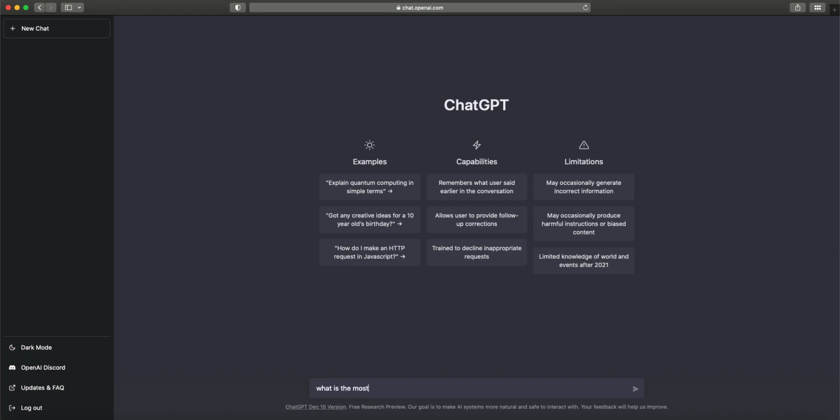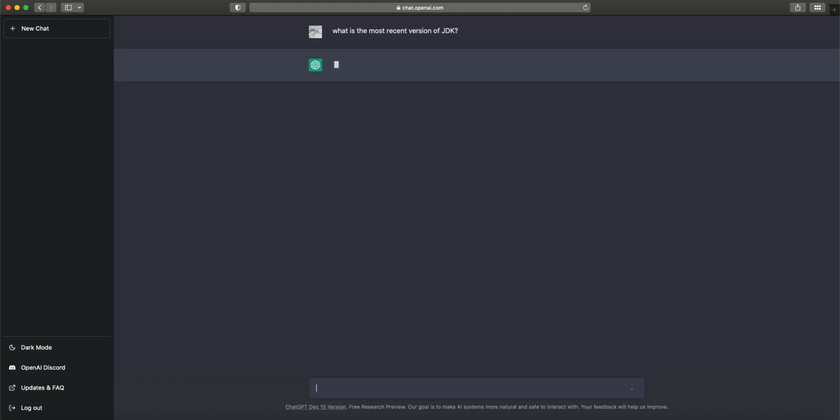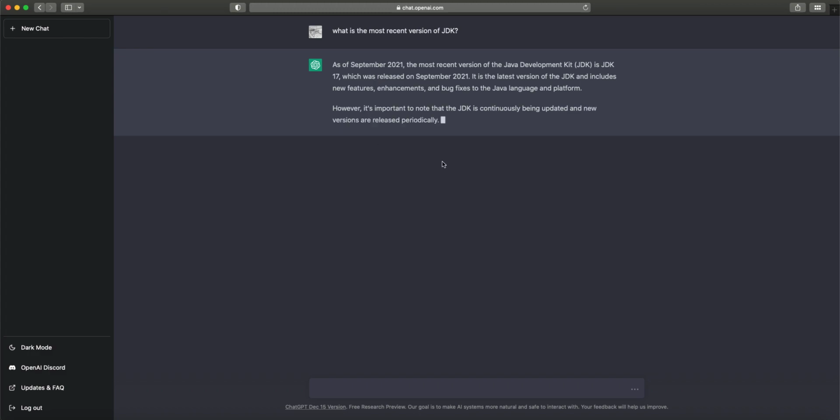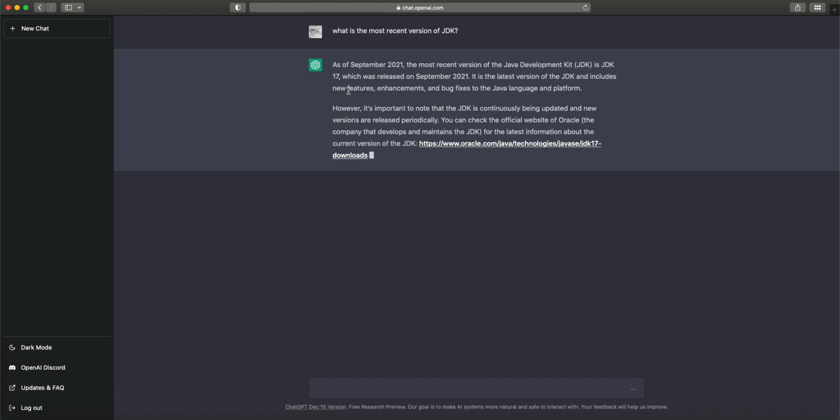What is the most recent version of JDK? You want to know what version should I install. As of September 2021, the most recent version is 17. Obviously, I think it's just looking at the LTS or long-term support versions, because right now obviously after 17, 18 and 19 came out, but those are not